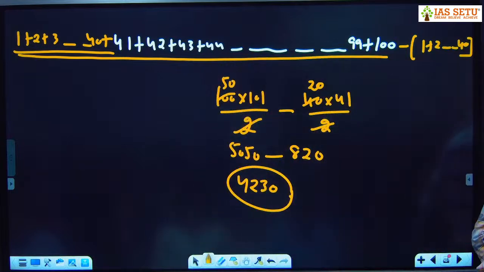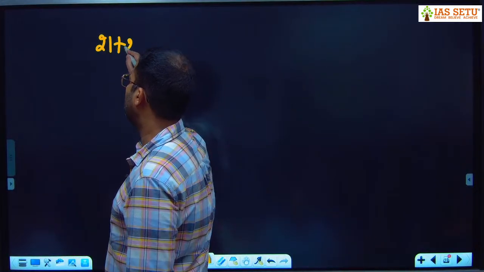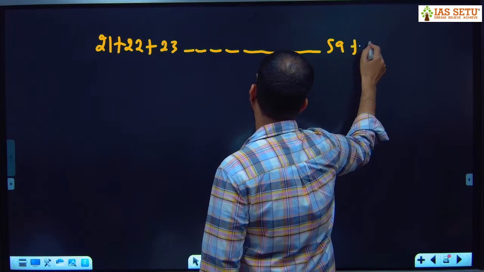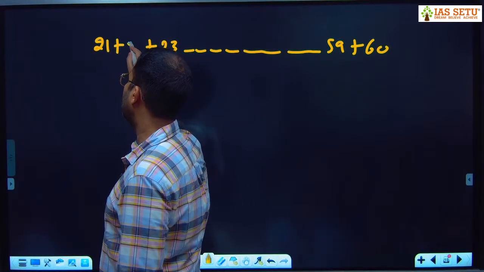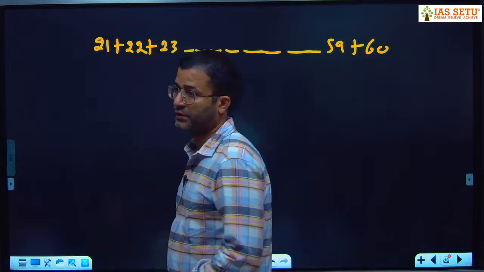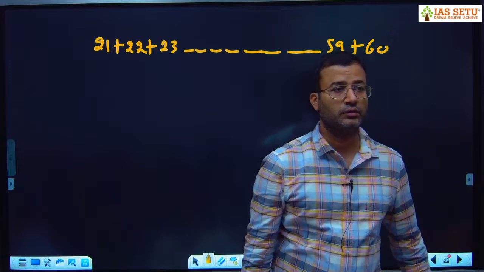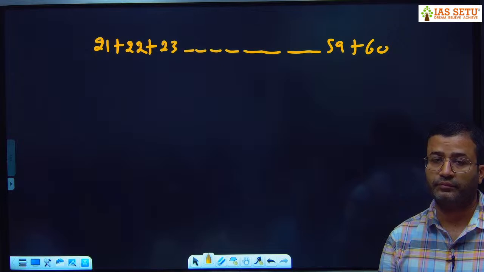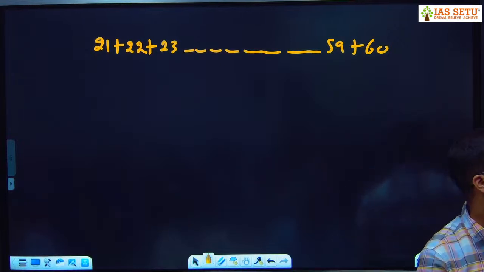Okay. One more question. एक और प्रैक्टिस कर लेते हैं. 21 plus 22 plus 23 59 plus 60, मतलब 60 तक सीरीज आ रही, स्टार्टिंग फ्रॉम 21 अप टू 60. सही है।